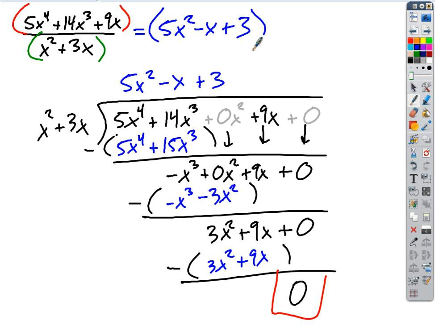Okay, so what we did there, we did division, but it just so happens that because there was no remainder, we ended up factoring the numerator, didn't we? We killed two birds with one stone here. We know that this is our answer, but we also know, we take this result,